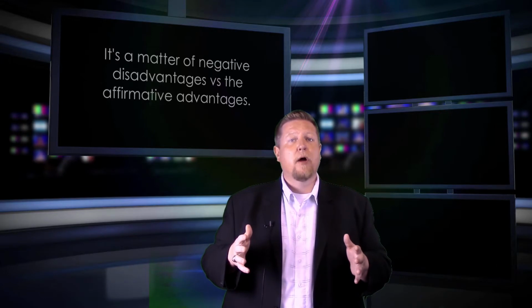But a disadvantage is among the most powerful tools used by the negative team to convince the judge that the affirmative plan is simply a bad idea. Now, while the concept of a disadvantage is easy to understand, the specific structure of a disadvantage is a little bit more complex. It has multiple parts and it requires several pieces of evidence.